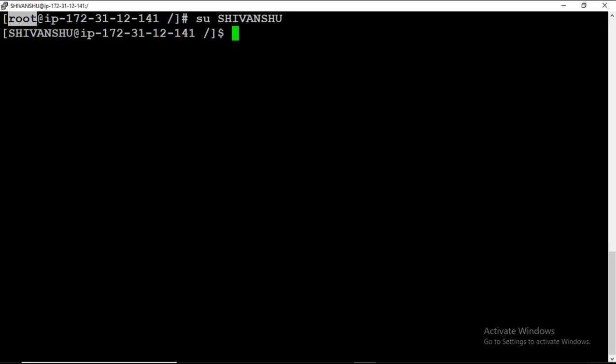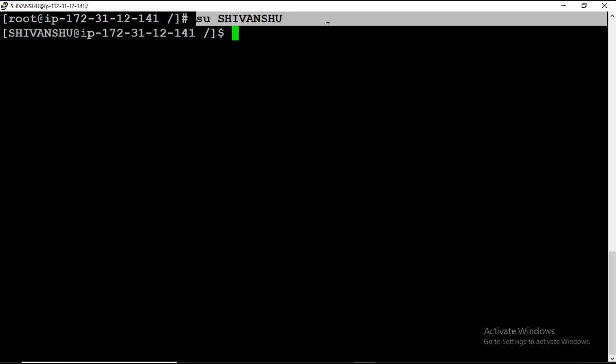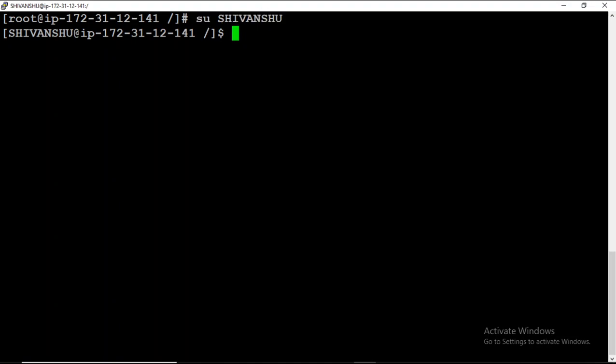So when you are in the root user and you want to switch to another user, it will never ask you for any password because it has all the powers. So it can go to another user without asking for any password, right?